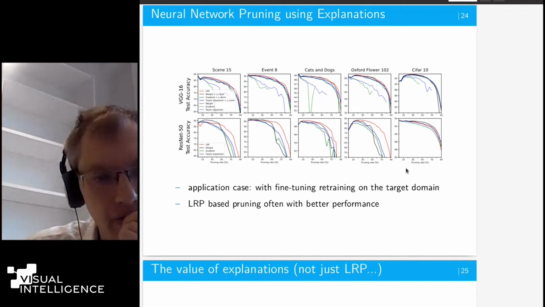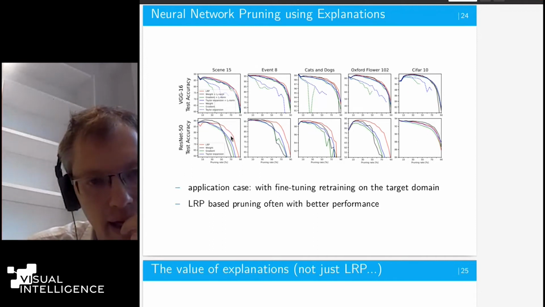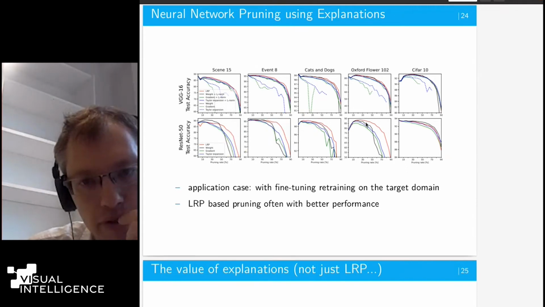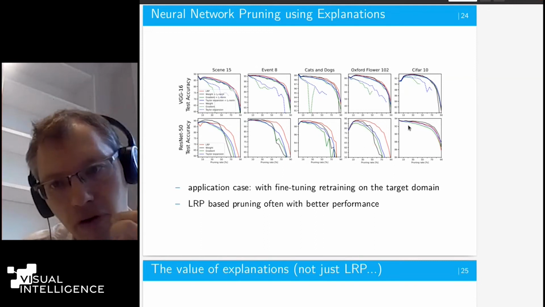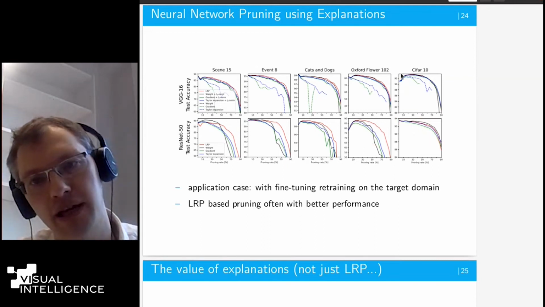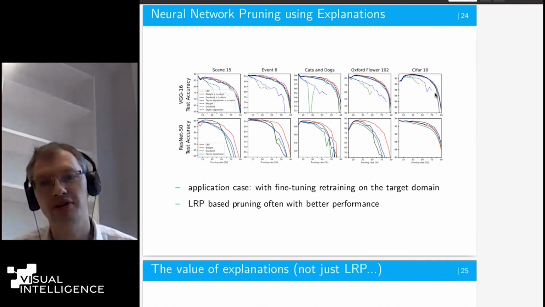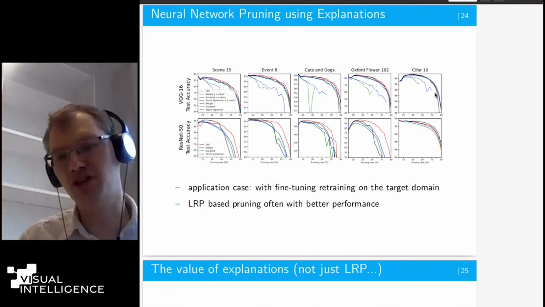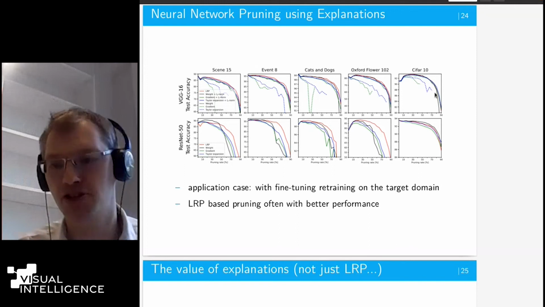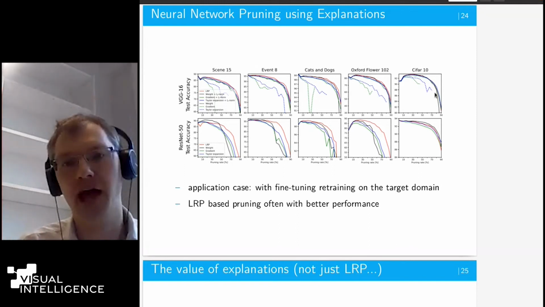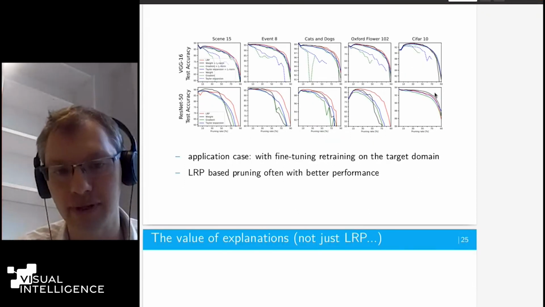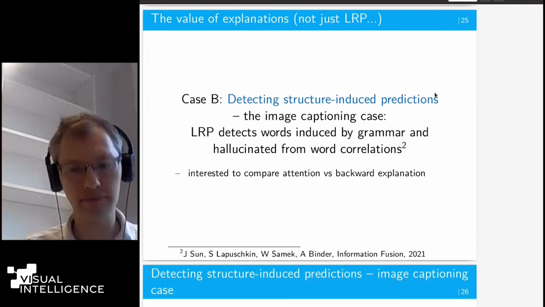And we see again very often, LRP, how should I say, you can prune often most. But if you go for a very simple data set like CIFAR-10, which is 32 times 32, then you see no difference anymore. Then everything just behaves the same, because it's such a simple problem that every model performs well. But that's CIFAR-10.